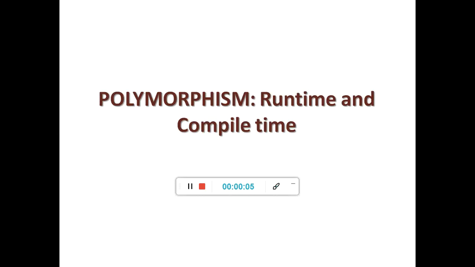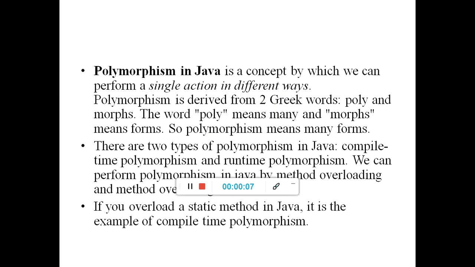Today I am going to explain about polymorphism. Basically, polymorphism in Java we are going to use to perform a single action in different ways. For the background, let me tell you regarding this particular word. It's basically a Greek word which means poly and morphs, in the sense many forms. The word is clear, it is many forms.